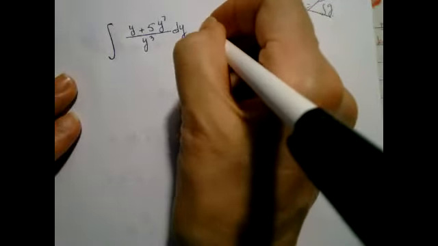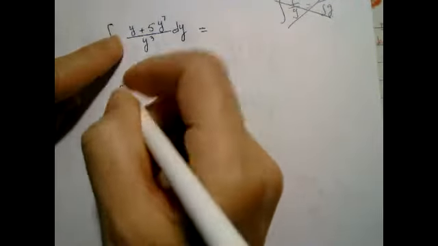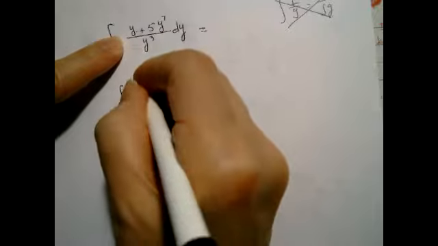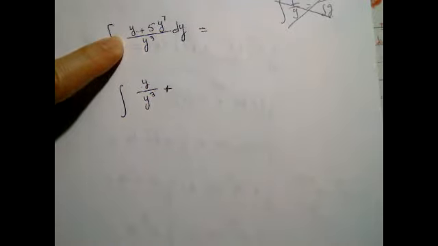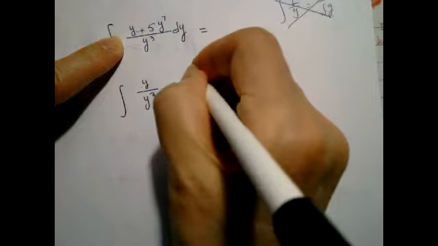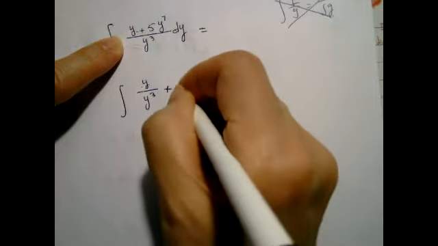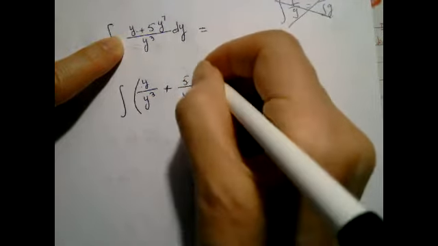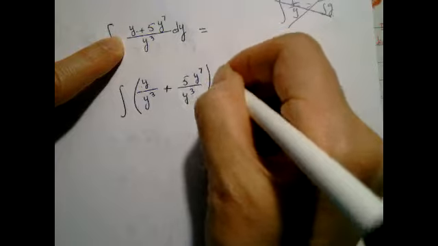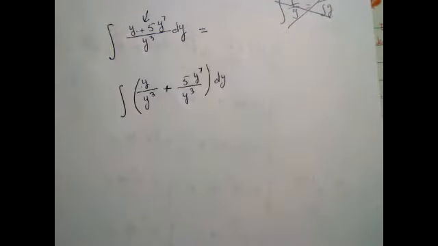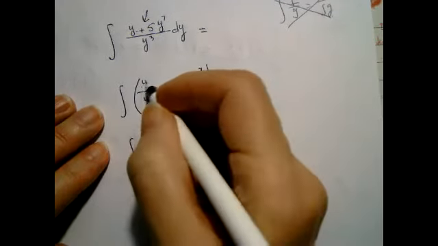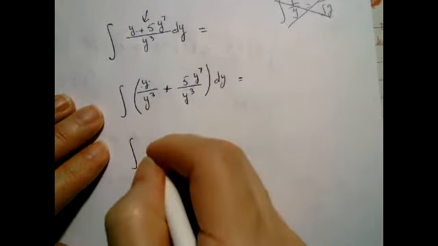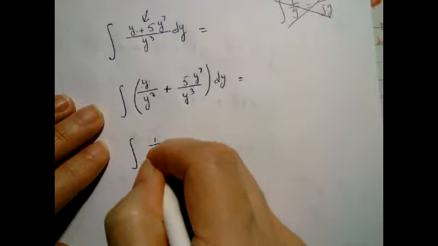So one way to manipulate is, this is a fraction and we have a sum. So this will become y over y to the power 3 plus 5 y7 over y to the power 3. That's a numerator, and a numerator can be split. We can split a numerator, but we cannot split a denominator. Now the rest become a little bit simpler. Y divided by y to the 3, that's 1 over y squared